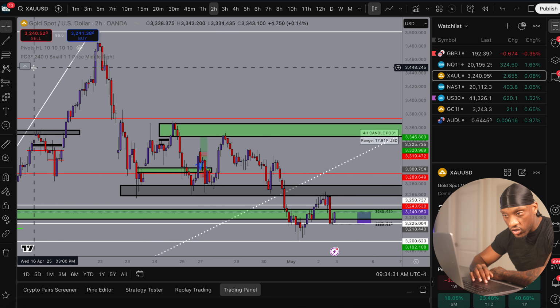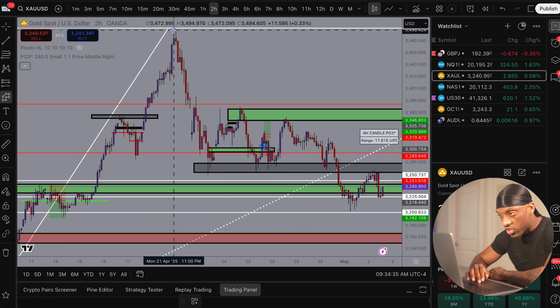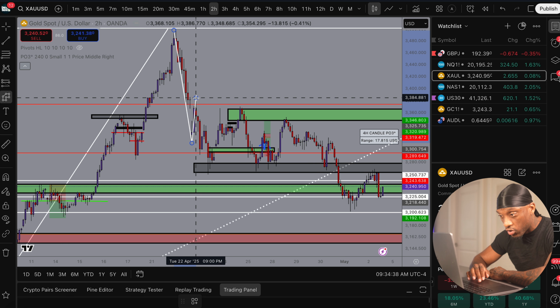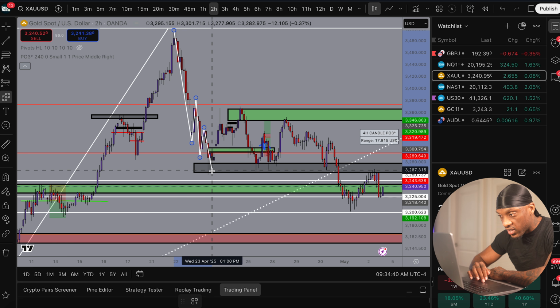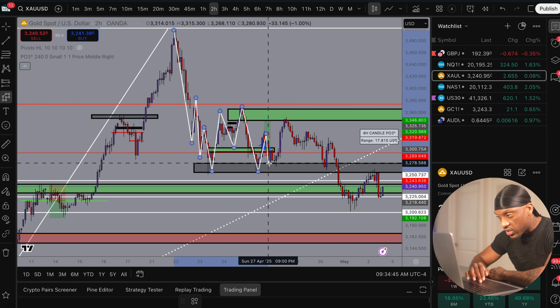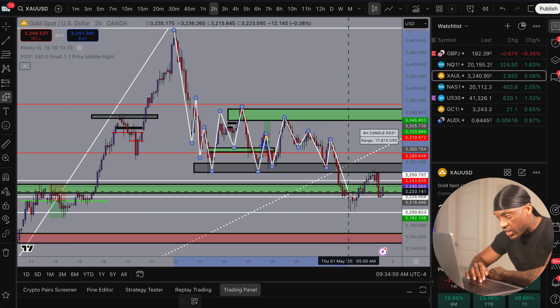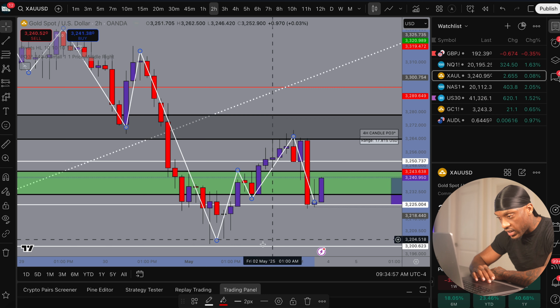So give and take, we know the structure, we understand where we are. We still want to move with caution at this area because we may be at a potential transition area to go from this downside to the upside. You can see with gold, it's a bit sporadic with the movements, especially when price is ranging. So keep your take profits set for this week and make sure that you know where you are within structure always, because right around here I'm saying that this was the